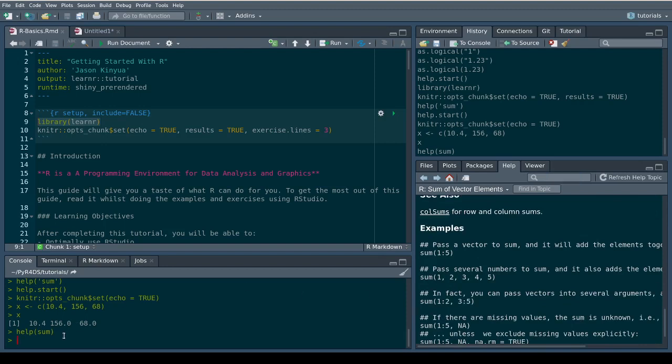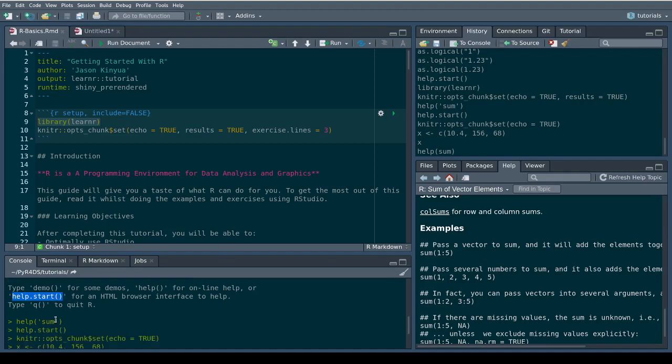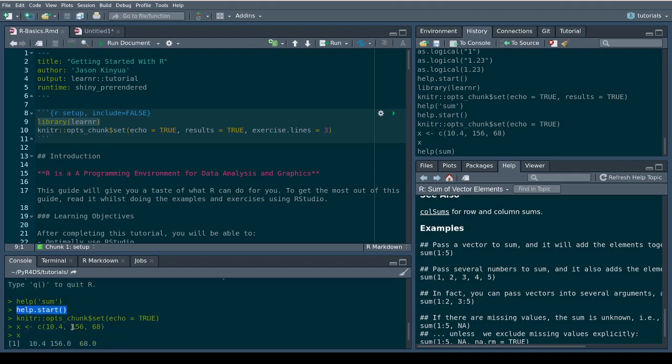Then remember that one function, help.start. This is very helpful. It will give you a browsable website with the topics. This is very important. The others are specific to functions and topics, but this one will give you a browsable website. So please be sure you have checked what is in this one and read that website well with your RStudio or your R Markdown open. So read it as you are exercising.